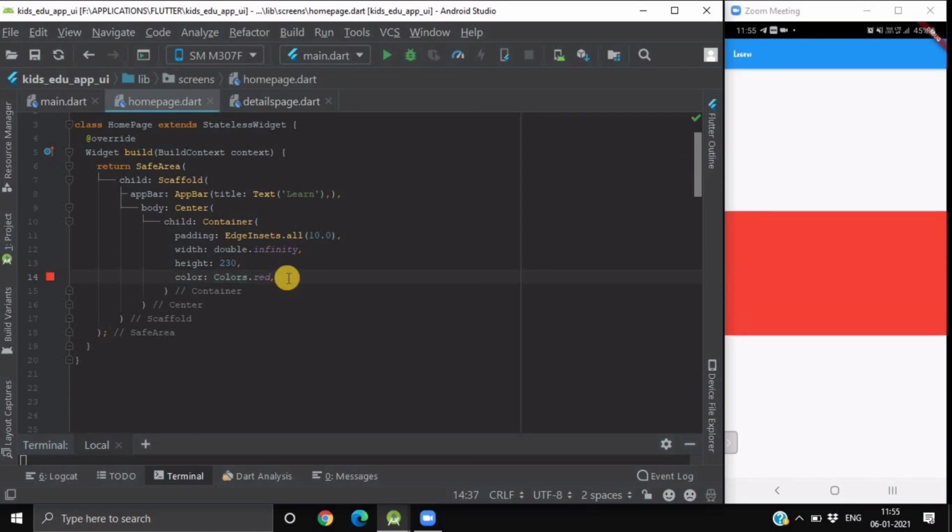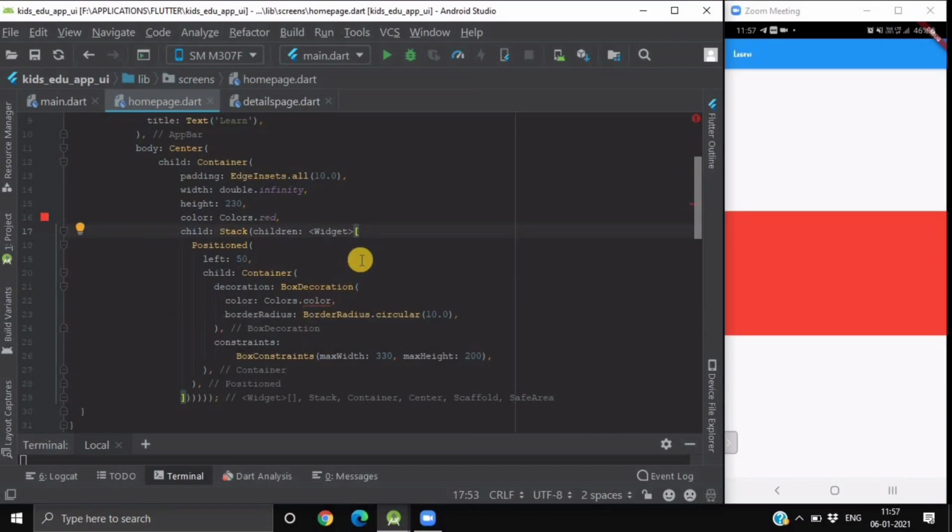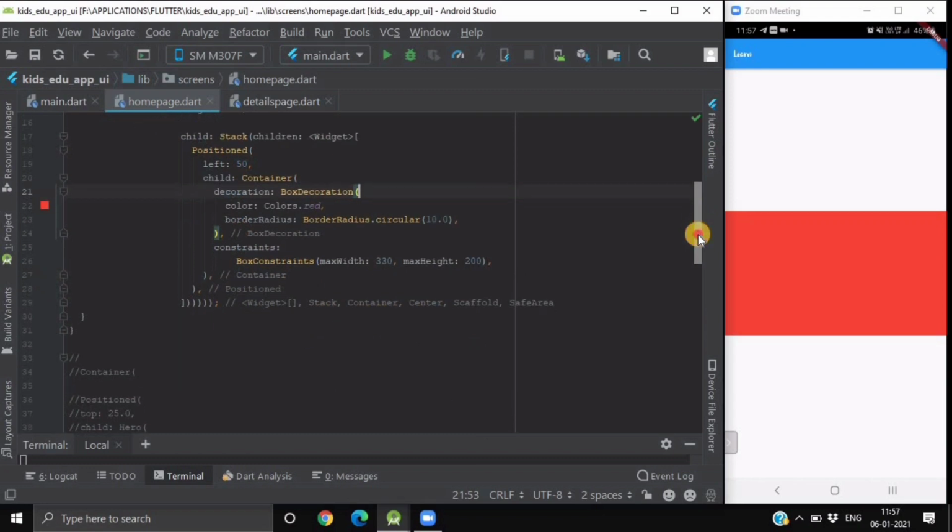Okay. Now in our card we have an icon or image, text, and description. So for that we will be making use of Stack and Positioned widgets. So in this container we will have a child as Stack. So now over here we have a Stack as a child of this container, and its first widget is a Positioned widget. Here we have provided a container. Okay. Now first we will remove the color of this container, and here we have provided a container which will have our icon, image and the description of our animal. Okay.